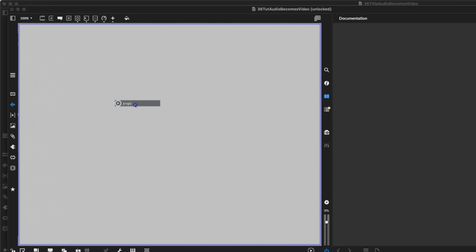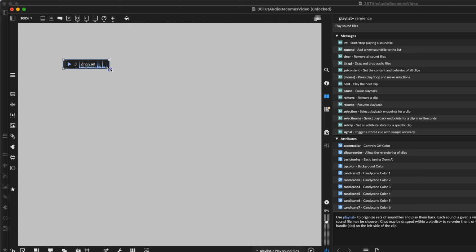Jongly is good. It's a drum loop, and so it'll have high dynamics, and that might be good for showing off some video, right? Why not? We'll want to listen to it, of course, and that will mean we're going to put a new